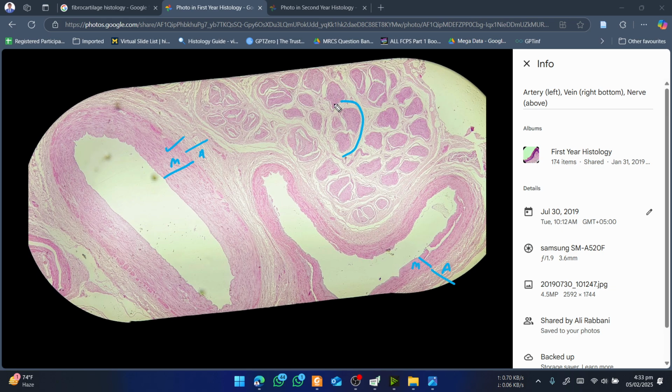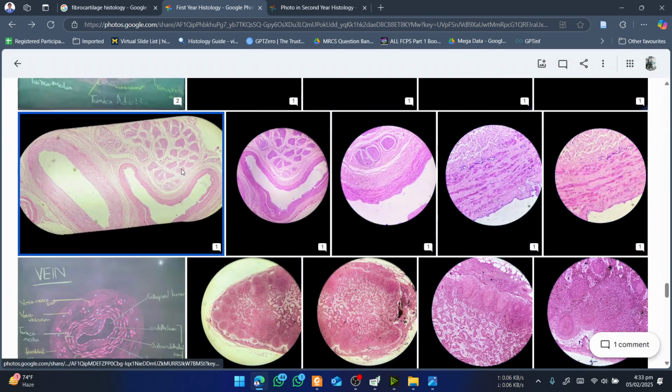By the way, this is the peripheral nerve with muscle bundle and perineurium and so on. So that is the muscle, this is the arteries. And if we go through the different arteries quickly,